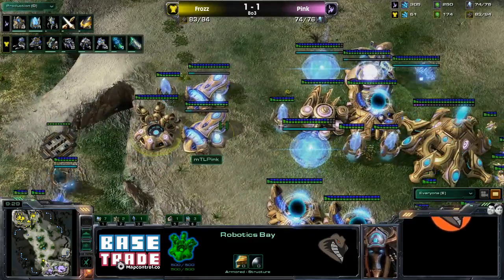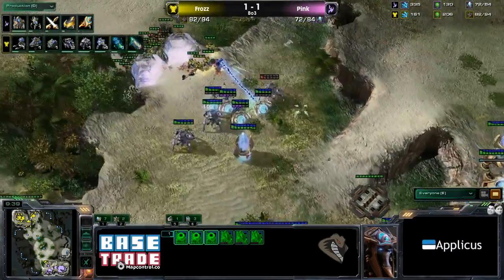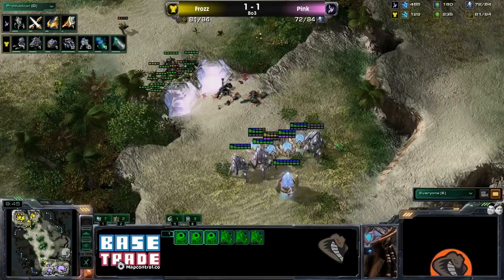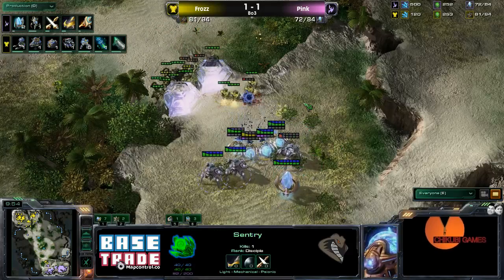And the robo, I mean, that scan he used for the top of the ramp, I wish he would have used for the main. He would have seen what's coming and probably backed off. I mean, the thing is, Pink is not losing any units to this, dude. He is getting low, but he's not losing anything. It's very true. And behind it, he's going for his +1/+1, so everything that Frozz donates here is just going